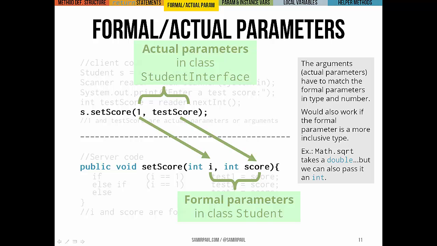So changing score in the server-side code in our student class doesn't actually change test score, and changing test score wouldn't actually change score after we had already called the method. Last note,